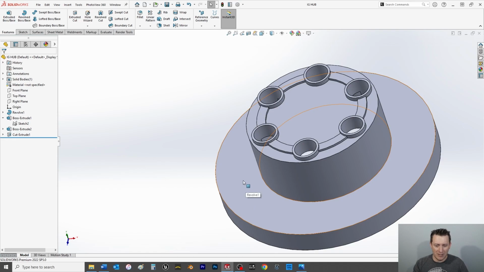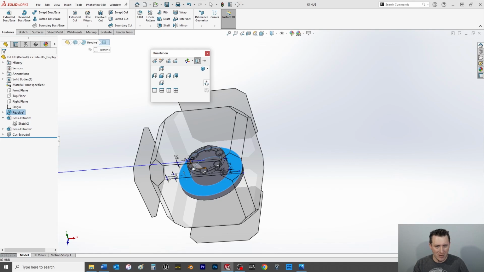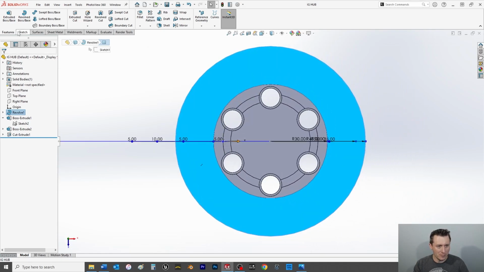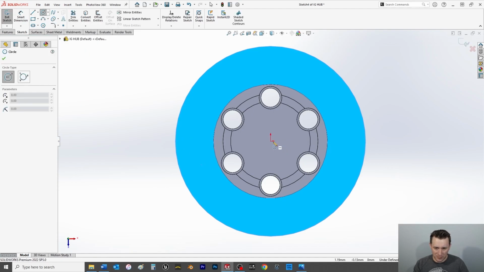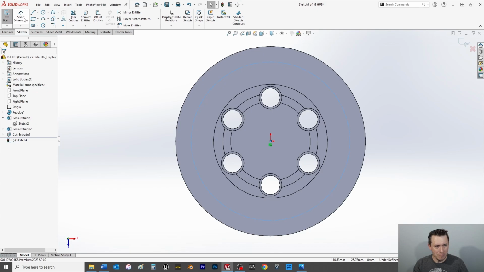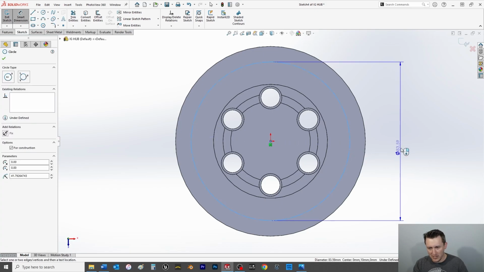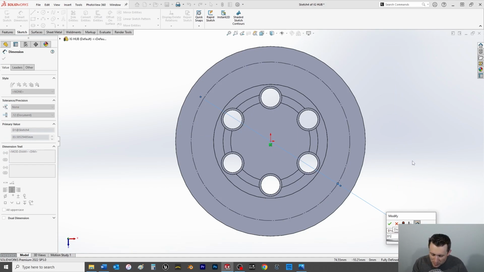Now we're going to move down to this bottom face here because we have more holes to add. I'm going to hit space bar, bring it normal to, go back to the sketch tab, and now I'm just going to choose the circle, select the origin and drag out. Again, we're making another reference circle here, so I want this to be for construction. Click OK. Grab a smart dimension. We have a radial call out of 37.5, and we want that to be the diameter of those, so multiply it by 2, enter,